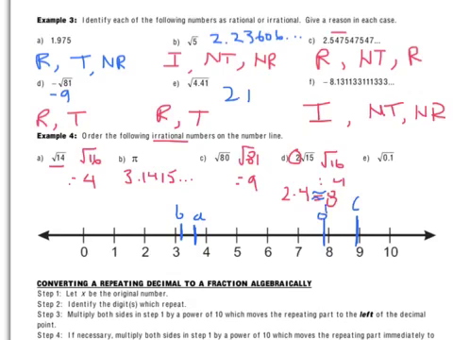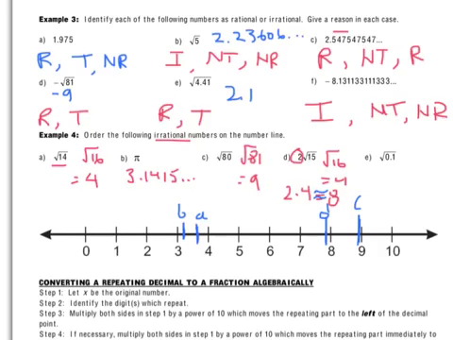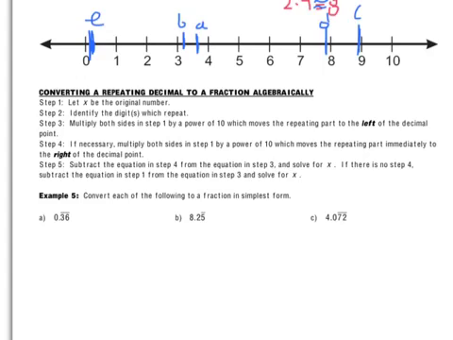Okay, the square root of 0.1 is going to be very close to 0, but not quite 0. So I'm going to put it somewhere just between 0 and 1, maybe closer to 0 over here. And that's going to be E. Okay? Alright. So the next thing we're going to look at is how to convert a repeating decimal to a fraction